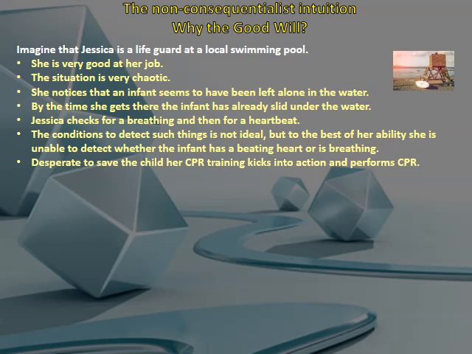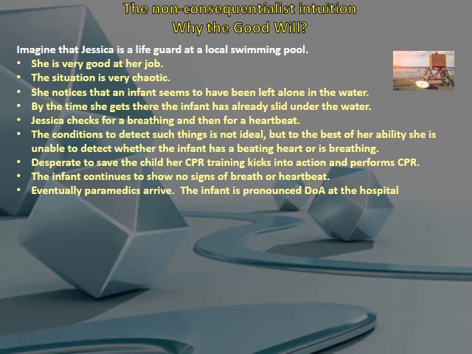She breathes for the infant, putting her mouth over both the infant's nose and mouth as she is supposed to, and she applies repeated rhythmic pressure to the heart, using only 2 fingers, being as careful as she can, knowing that the ribs of the infant can break extremely easily. The infant continues to show no sign of breath, and so Jessica increases the force she puts into CPR until 911 is finally called and an ambulance arrives.